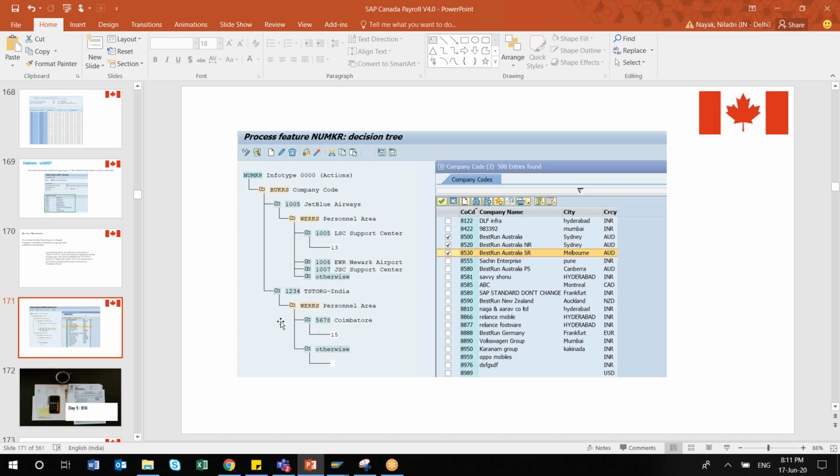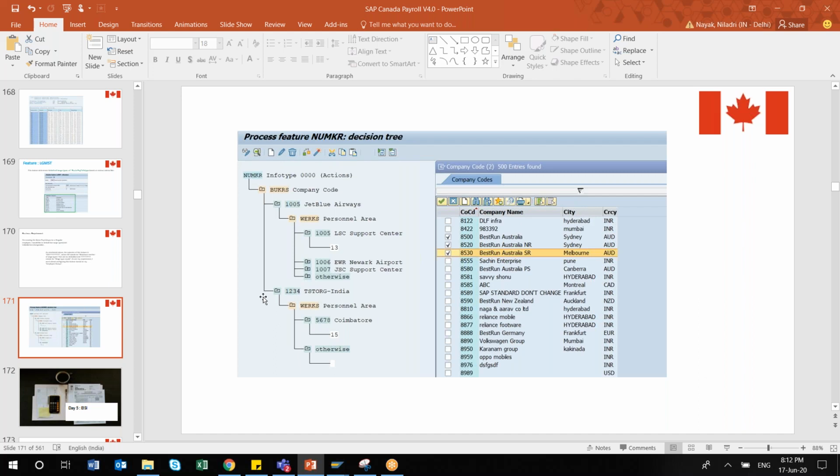Actually, here is the problem. If I just update personal area and subarea, Numker was not updated until I updated the company code. I followed the details like that: company code, then personal area, then employee group, then employee subgroup. Only then was it updated correctly. There might be something missing in the configuration, or people may have made some mistake or deleted the original configuration. That can be a reason. But anyway, I will compare that and come back.